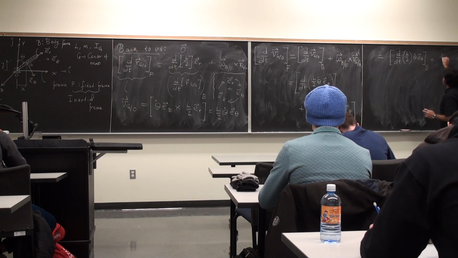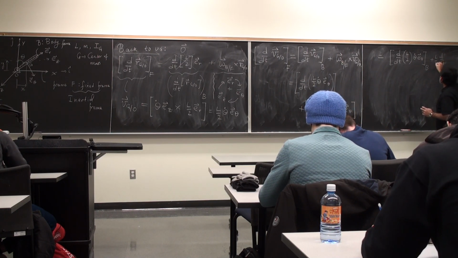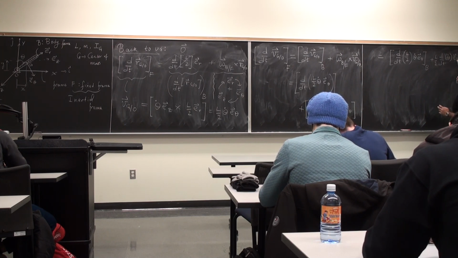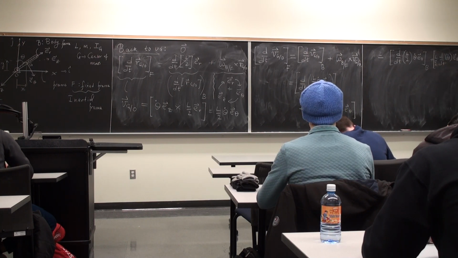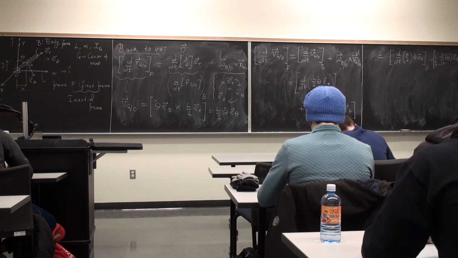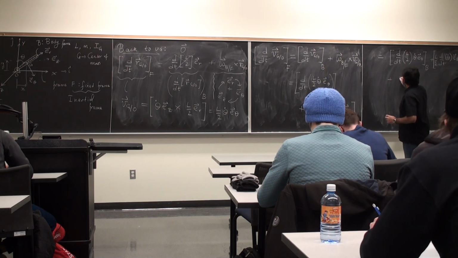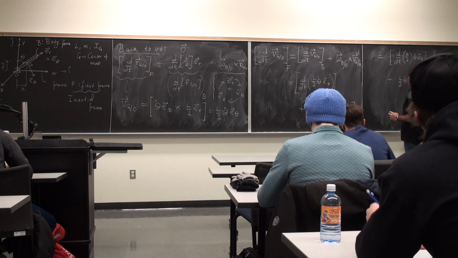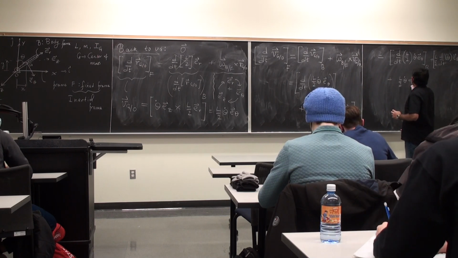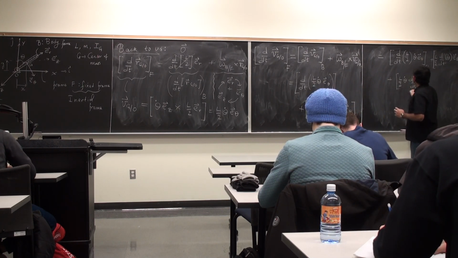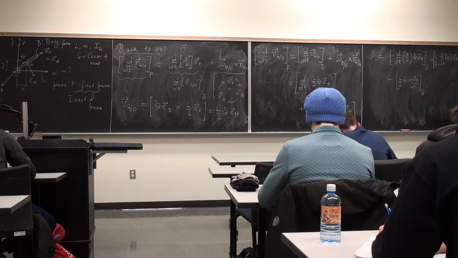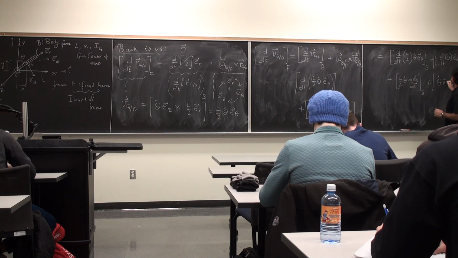Then L by 2, d by dt of theta dot e theta with respect to the body frame. I'm using the product rule on all the three terms there, plus L by 2 theta dot d theta by dt with respect to the body frame, plus the last term, theta dot z